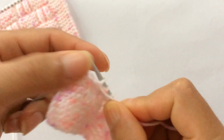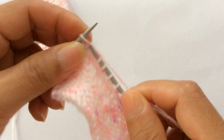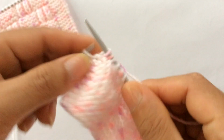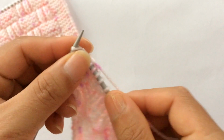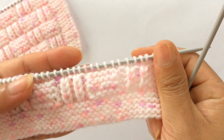And we have the last 5 edge stitches. Knit these 5 edge stitches: 1, 2, 3, 4, 5. So we have finished row 10 here, and now on row 11 we're gonna knit